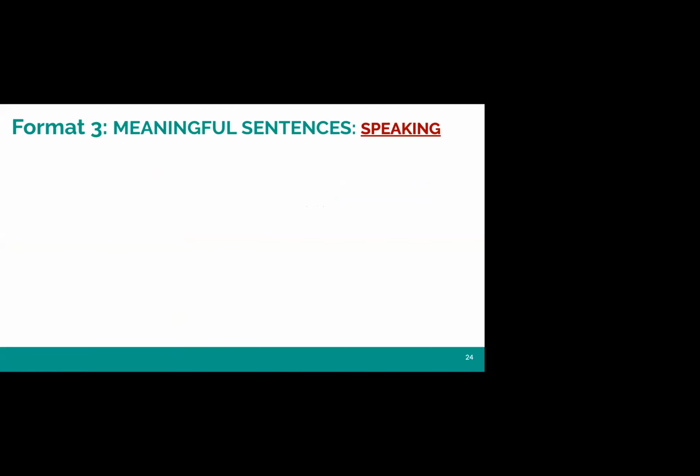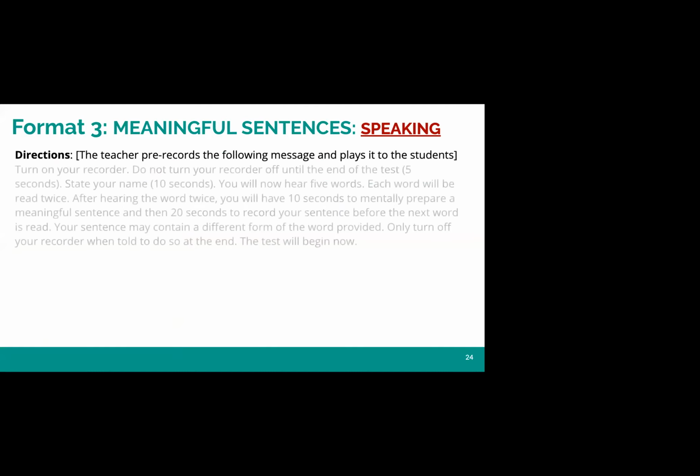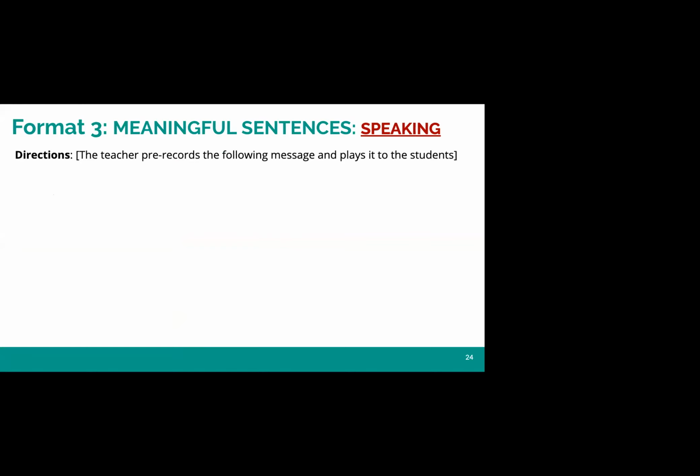Okay, now it's my turn. So let's go to format number 3, which is called meaningful sentences. Let's visualize the context. Imagine that you've already taught, let's say, 20 new words to students. You just want to know to what extent your students have learned or mastered these words. You basically want to know to what extent your students are able to produce these words in their speaking. So one way to assess them would be